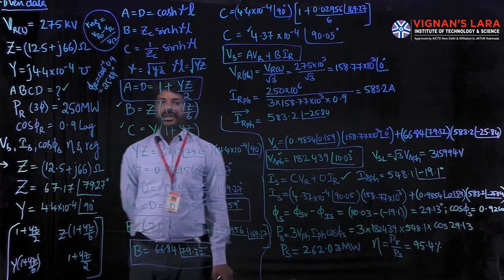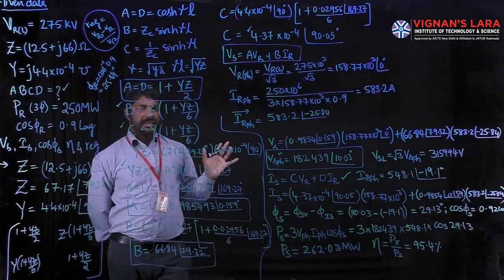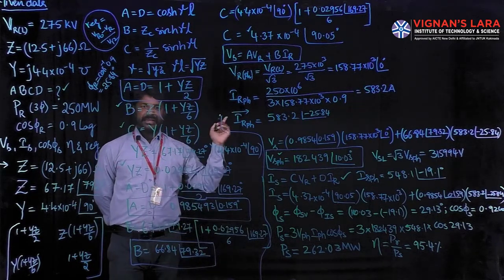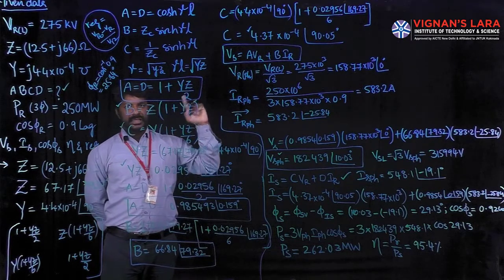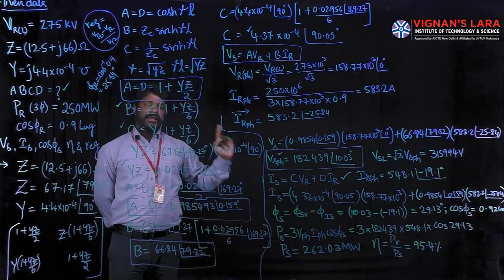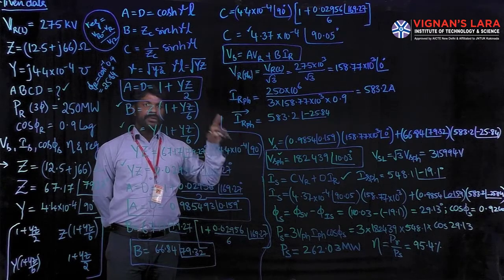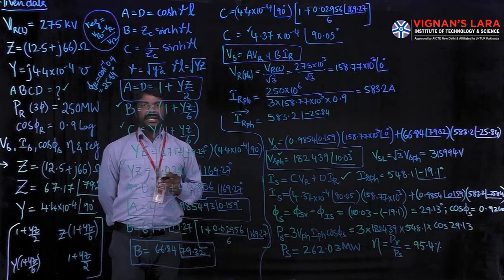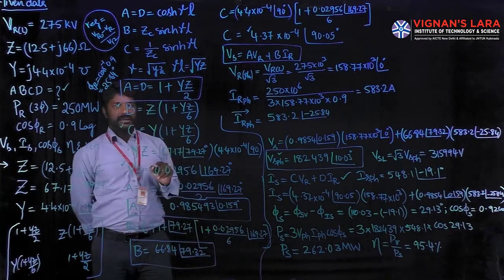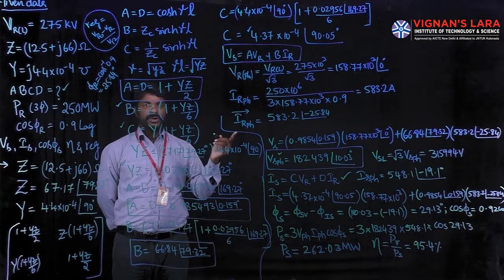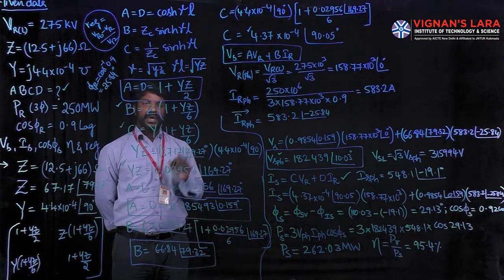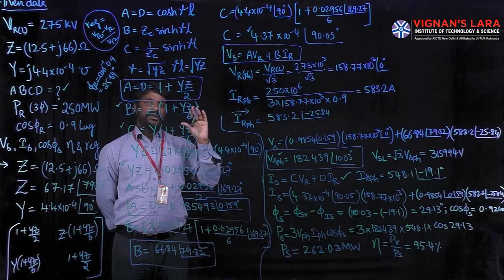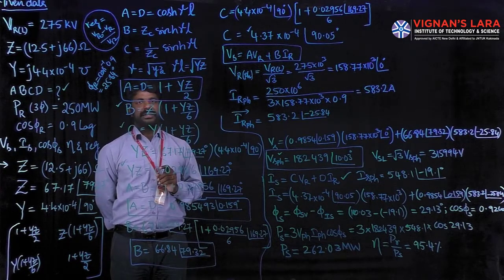Okay. So it is very simple to get VR0 in this ABCD constants method. Whenever you go for the analytical method, you should be in a position to draw the circuit at no load, analyze that circuit at no load, and apply the voltage division rule, knowing the parameters. But the parameters are not directly given for you. They will give Y. But in no load circuit calculation, you require XC, whose value is in ohm, but they are given in mho. It feels somewhat difficult in calculating VR0 in the analytical method.